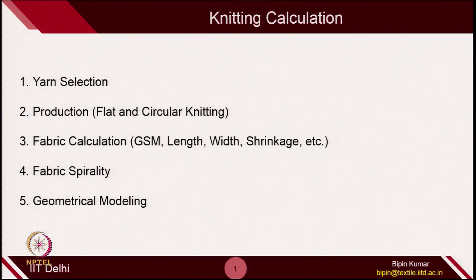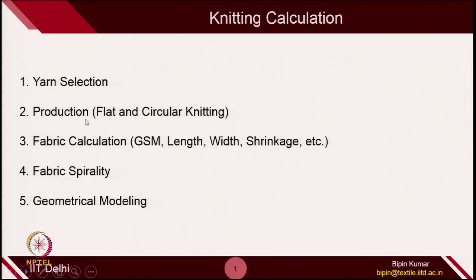First, we will talk about yarn selection. Yarn selection means, you have seen the machine gauge varies and machine technologies vary. So, we cannot run the same type of yarn in all machine gauges or all machine technologies. Definitely we need to choose the right yarn or right yarn count for a particular machine technology and gauge. So, we are going to look at the relationships that exist between the yarn count and the machine gauge in this particular lecture.